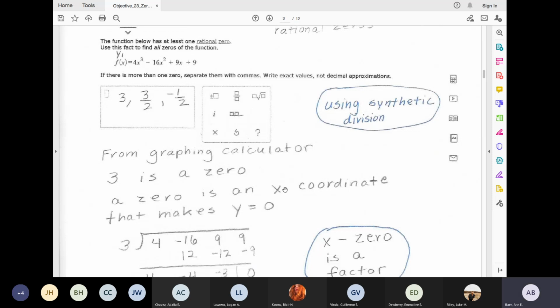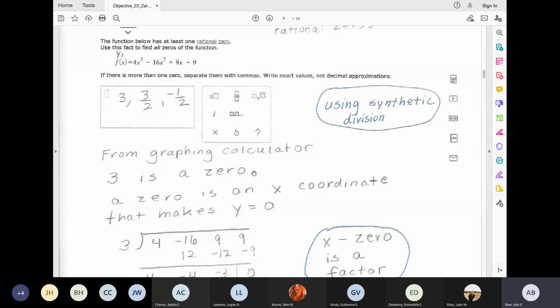Often, more often than not, zeros are not the number 0. So I'm going to copy down our function. I am then going to show you how to enter it in your graphing calculator, how to set your table in the graphing calculator, and how to look at the table in the graphing calculator to possibly identify any